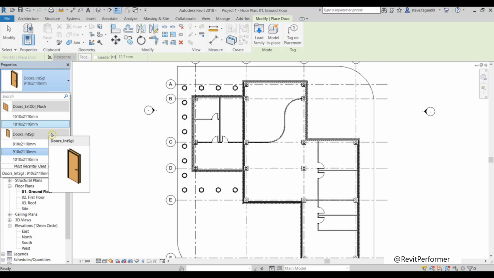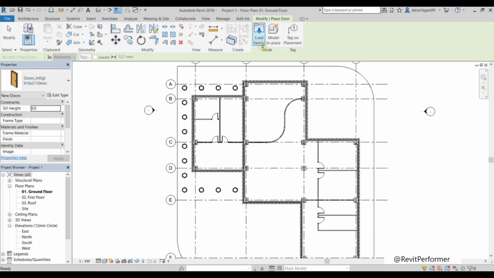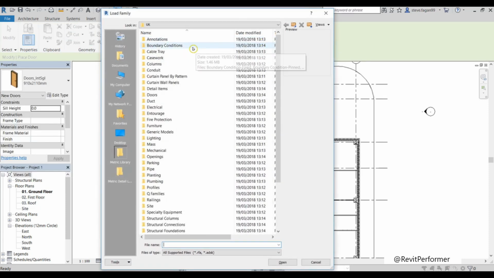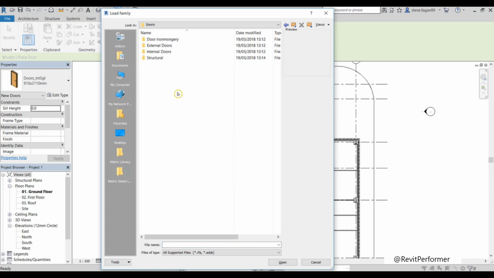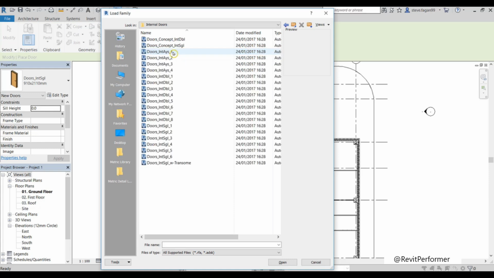So to do that, we'll go to Load Family. Then you'll scroll down to our Doors folder. We have 4 different subfolders. There's our door ironmongery, so that is our doorknobs, hinges, and so on. Next are the external doors. There's our internal door folder. So if we double click on the internal doors,